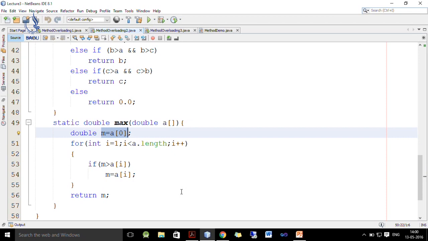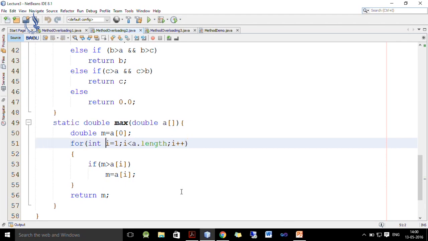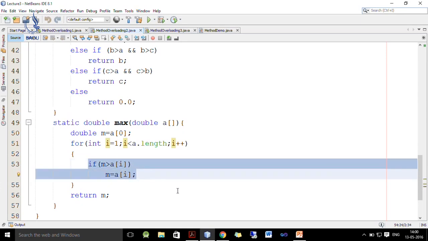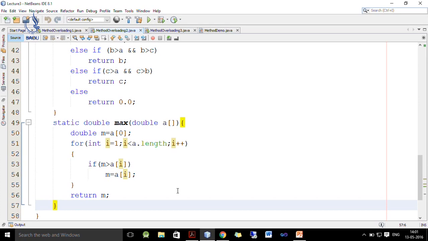So, we initialize m with the first element and we check from the first element to the rest of the elements one by one, and if any value greater than m is found, then it will be replaced inside m. So, at the end of this loop we will find the maximum in m and we return that value.